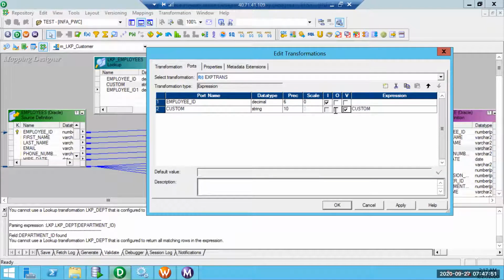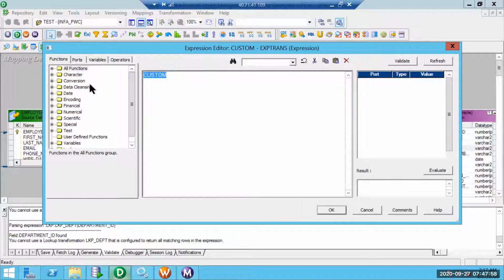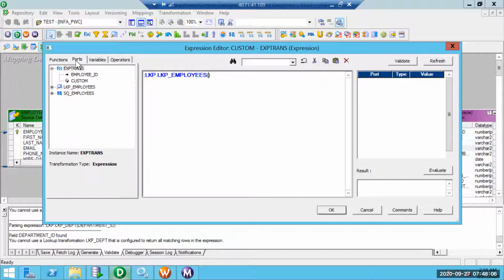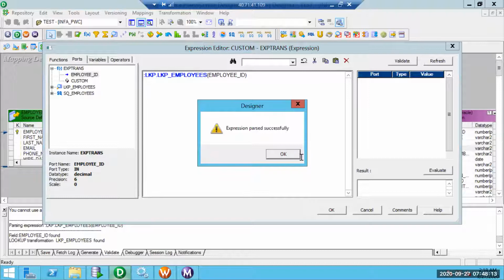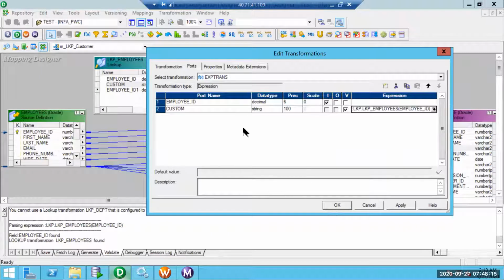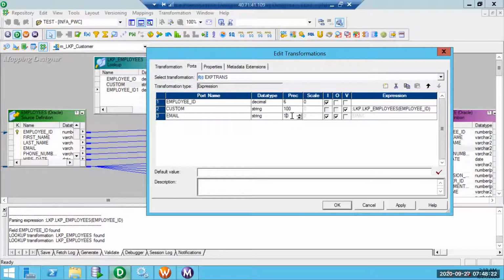I'll change that to a variable port because this is raw data. It is a concatenated value of two columns. So we are going to use a variable port, and invoke the lookup employees based on employee ID. The returned value is going to have two things: one is email and another is phone number.